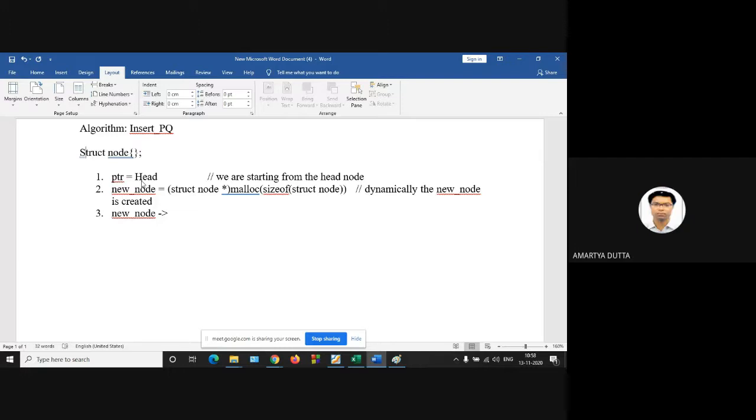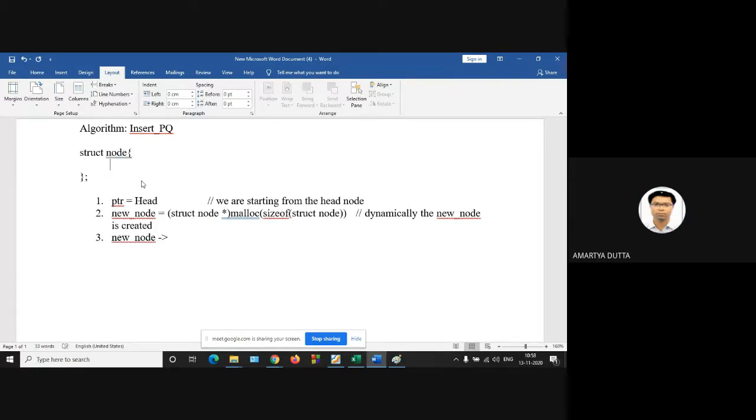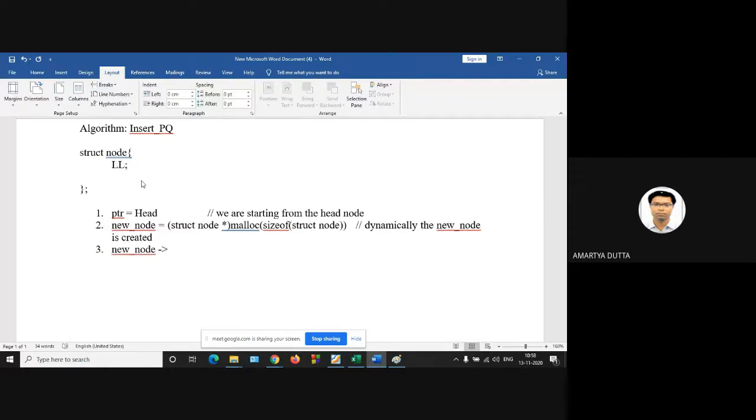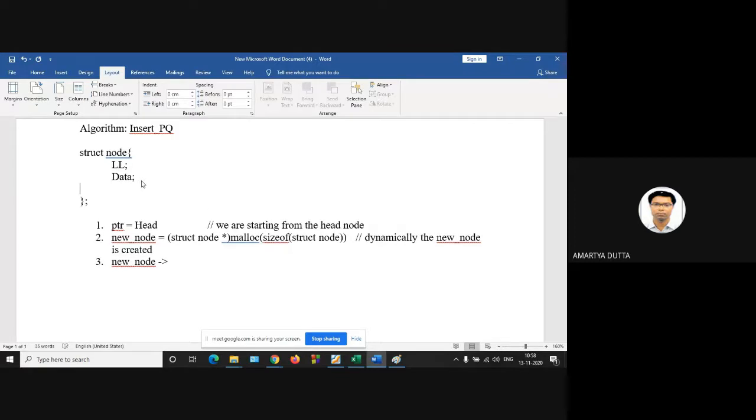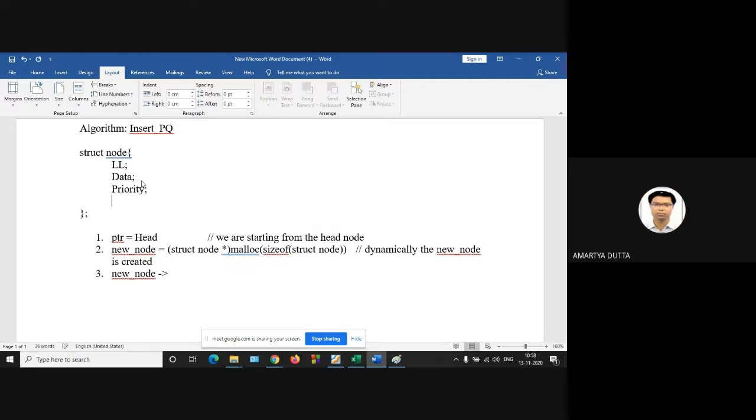So struct node. First there will be four parts. First part is your left link. Second part is your data. Third part is the priority. And next part is your right link. This is the previous pointer, and this is the next pointer.